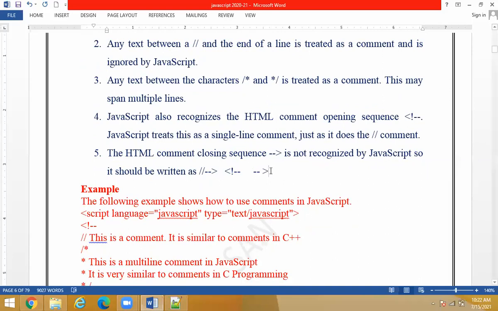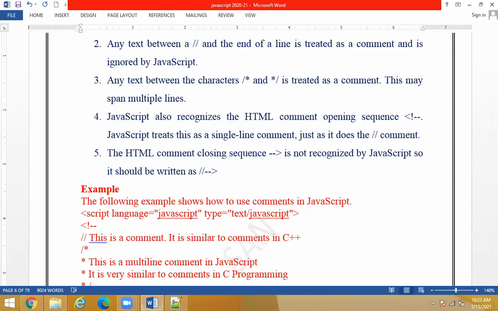So when you want to use this type of comment in JS, you're just adding one more extra thing, that is a double slash here. You're going to add a double slash and that will become a JS comment. All right. So a short note on JavaScript comments may be asked. At that time, you make a note of this. This is very important, right?